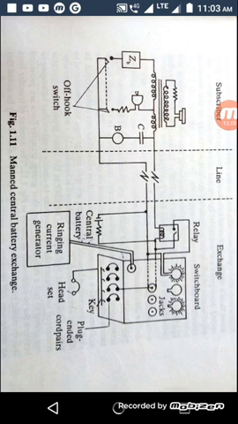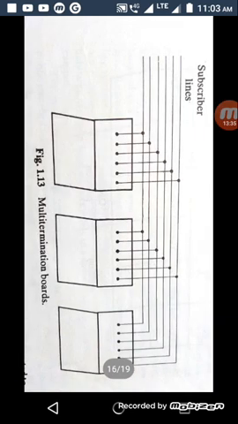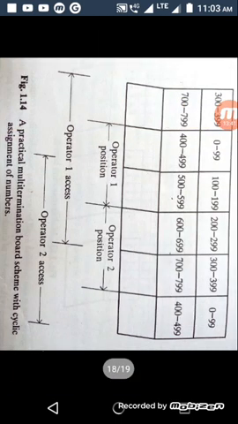So this is the manual switching operating system. We can easily share the information with the help of several elements and several tracking systems and several subscriber lines and subscriber links. We can easily share the information from one place to another place. This is the brief operation and information of